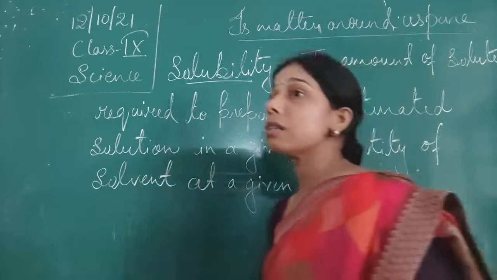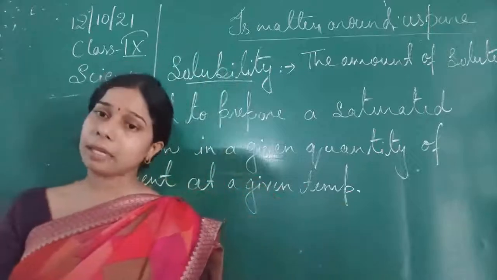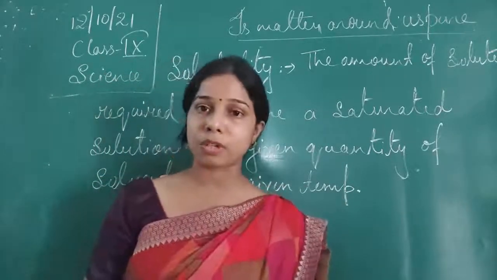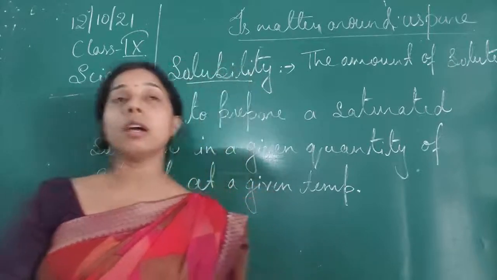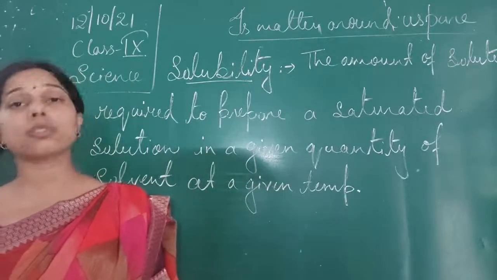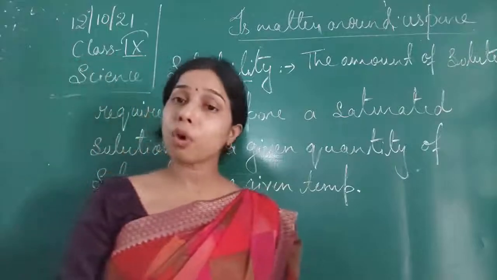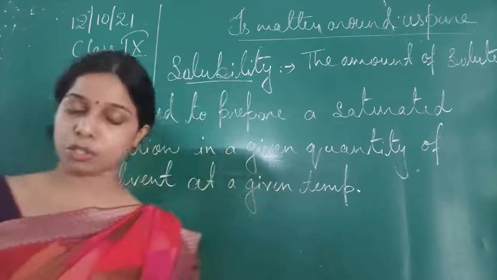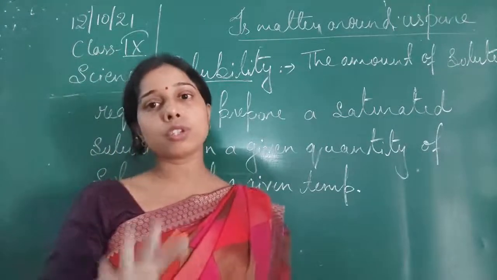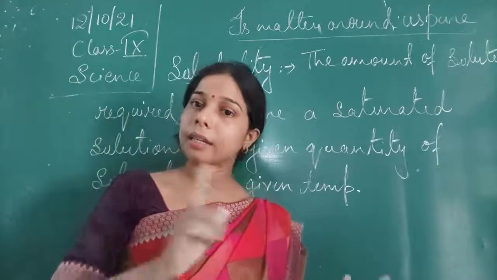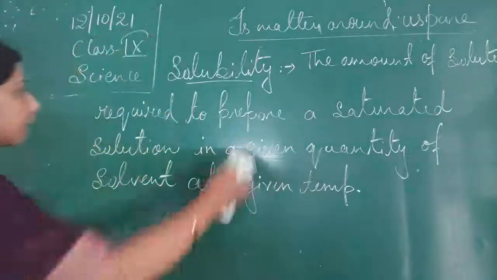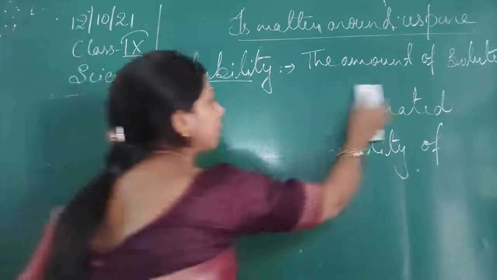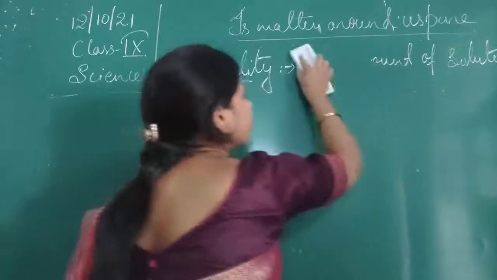So if a solvent is able to dissolve things very easily, to make a saturated solution even at a very low temperature, it has good solubility. Okay, now solubility also depends upon the temperature and the pressure, and this varies for solids in liquids and gases in liquids. So let us see how solubility varies with temperature and pressure.